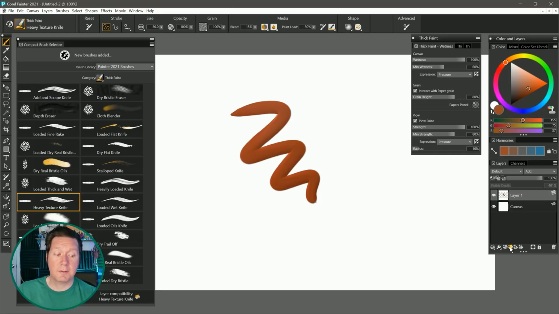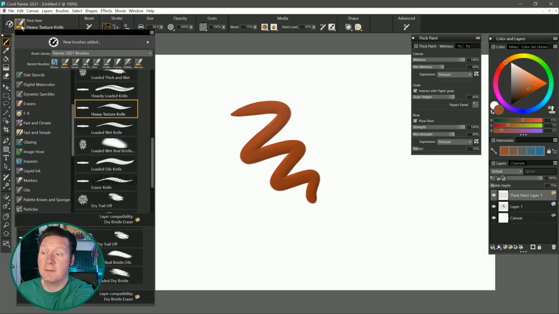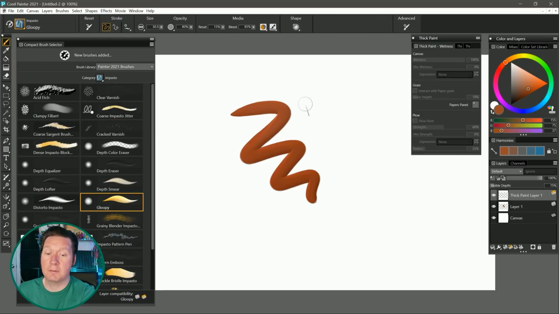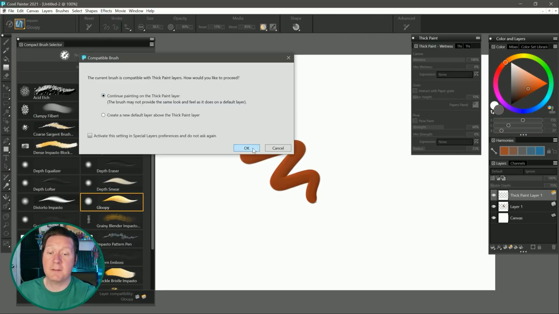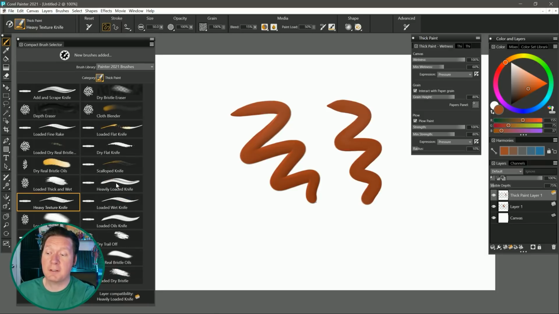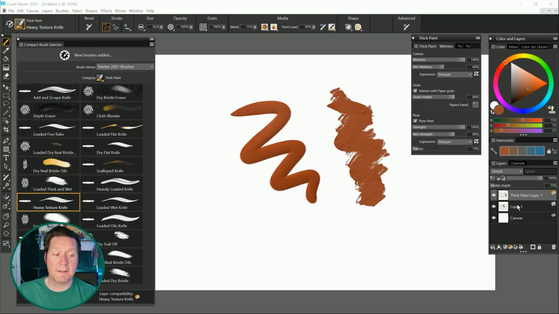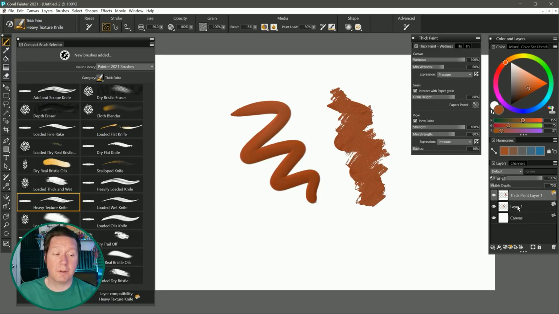What you'll want to do is create a thick paint layer first, then go to your Impasto brush. Here is gloopy. I'll continue painting on the thick paint layer. Now if I go back to my thick paint brush, heavy texture knife, and I paint, then I'm able to interact with that Impasto. Now there is an exception, and that is another new feature which will allow you to